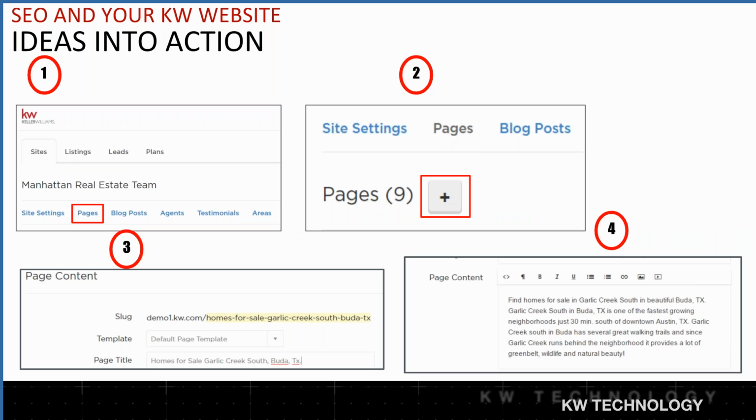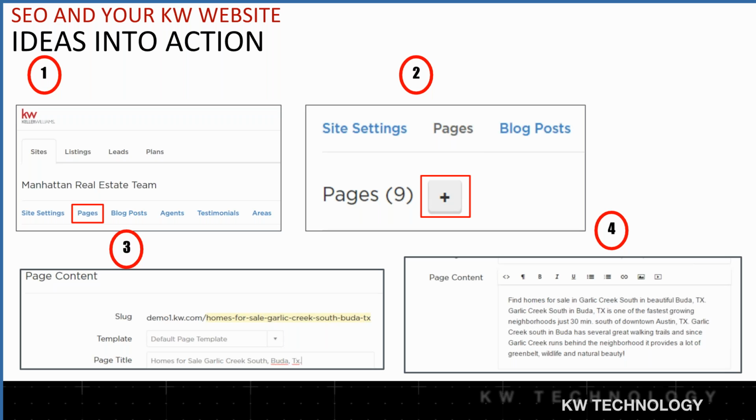All right, so let's put some ideas into action. The first thing we're going to do is go to the KW website admin page, right? Under sites we click on pages. When we click on pages, we have the opportunity to create a new page.